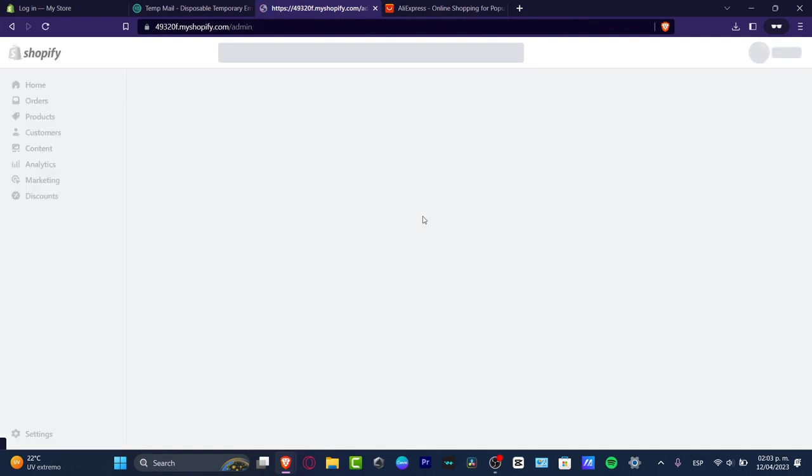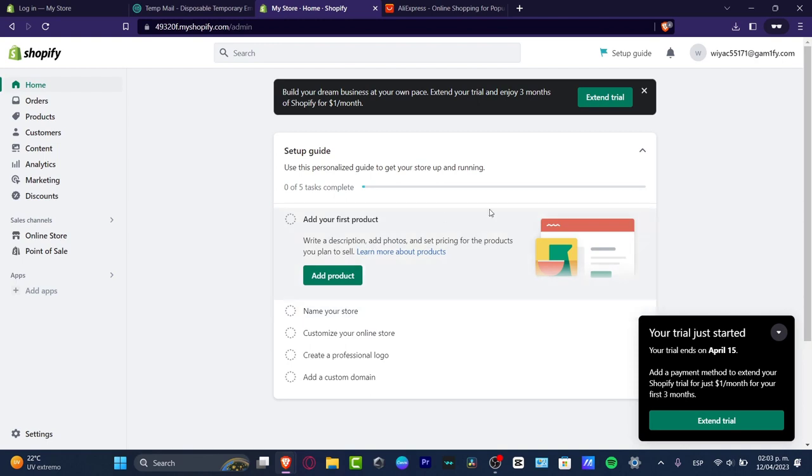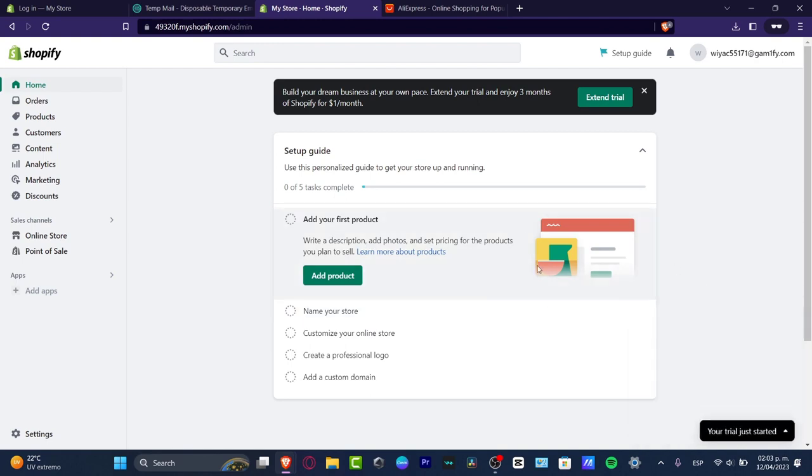So then later on, you're going to be inside the dashboard of Shopify. So the very first thing you want to do if you wanted to add your product, what I can totally suggest to you is to customize your store. But if you don't want to focus on the actual store, the name of your store, customizing your online store, or creating a professional logo, you can do this later on, it's totally up to you. So let's move on and skip to the actual part where we want to actually import stuff